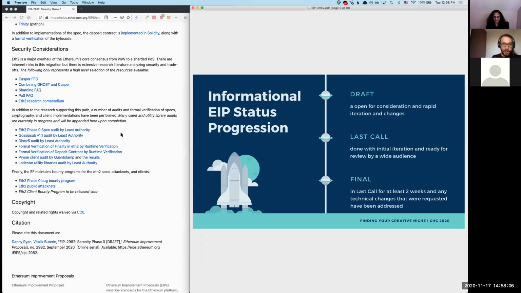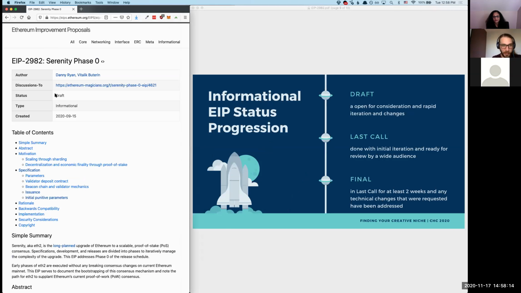Let's see. So something that I was asked about before actually got the gears turning because I realized that it's probably time to update this. At the top, we have the status, and it's a draft. Drafts can be merged once they fit the minimum standards. By a wider audience. In terms of the wider audience, we probably had some review during the draft for the wider audience.